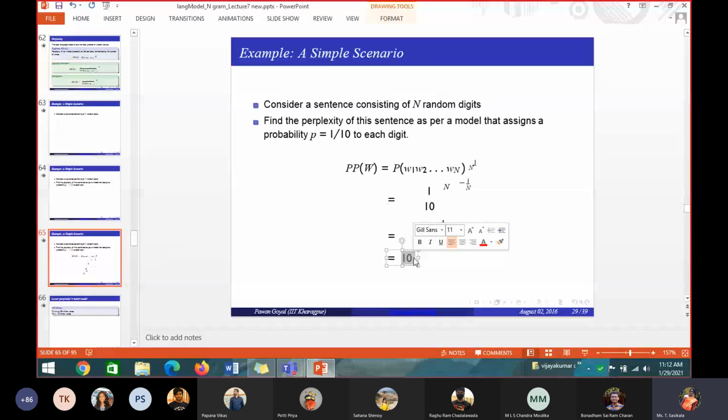So the next digit can be 0, or 1 or 2 or 3 or 4 or 5 or 6 or 7 or 8 or 9. Anything it may be. So the perplexity is 10. If the perplexity is high, is the model confused or is the model good? If the perplexity is high, you are confused to choose which one. Is the model good when perplexity is high, or when it is low? Here my perplexity is 10. If it is 5, will your model be good, or if the perplexity is high, will your model be good?